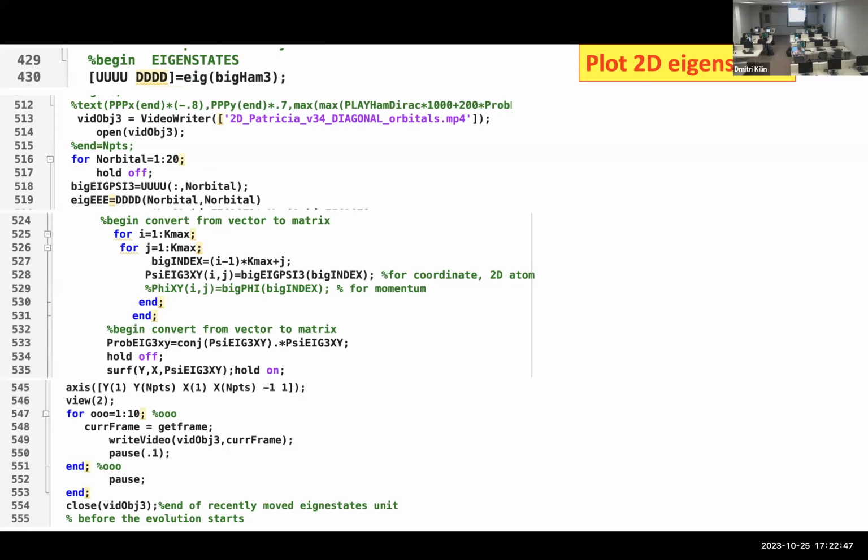So we open a channel to store the movies, and then we scan through orbitals, assign to a certain variable the orbital from the list, the energy from the list, perform conversion from one-dimensional to two-dimensional, convert the wave function into probability, and do the surface of this two-dimensional map. And then we do get frame, write it into the video channel, and when all cycles are finished, we close the channel.